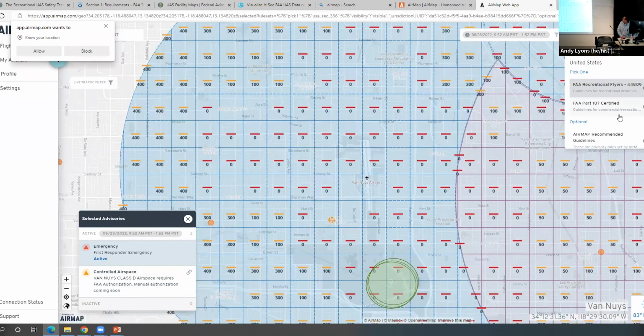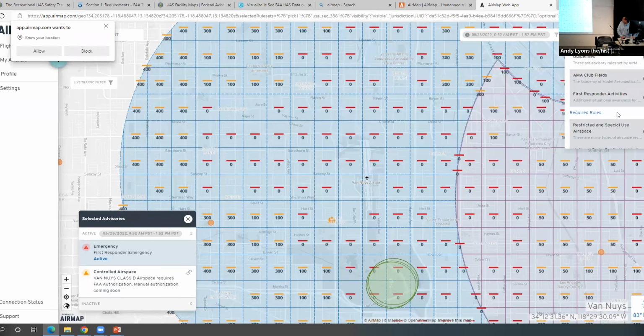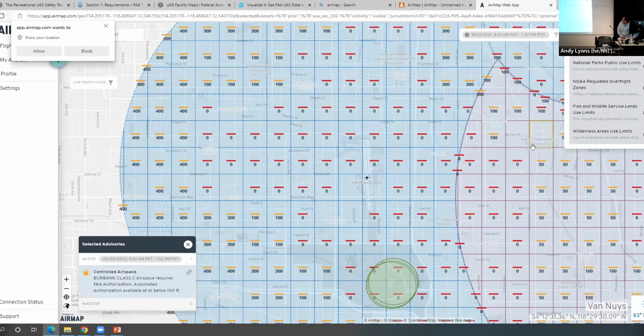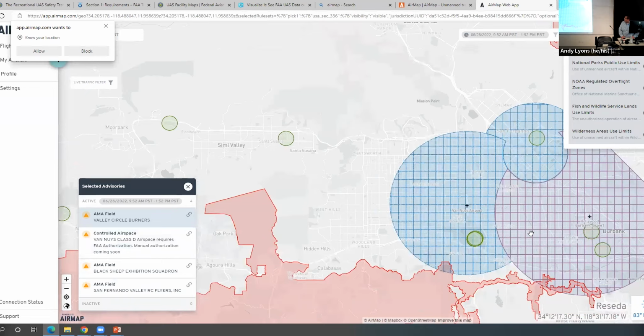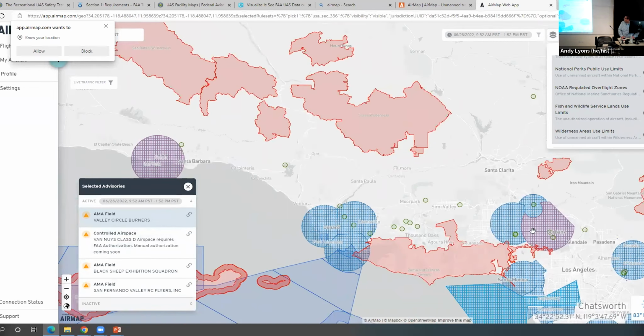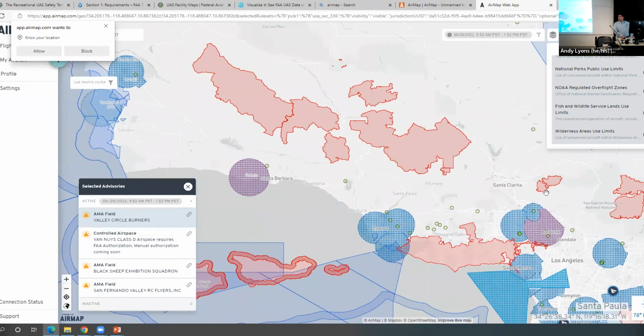If I go over up here, we can change some of the things that we're looking for. Turn off our first responses. And we've got other items that we can identify as well. So AirMap is a really good resource. There's also, of course, the